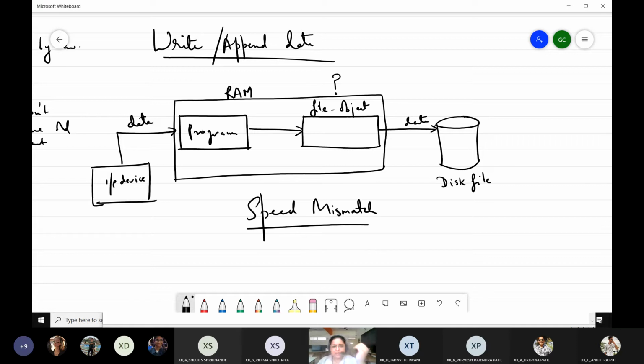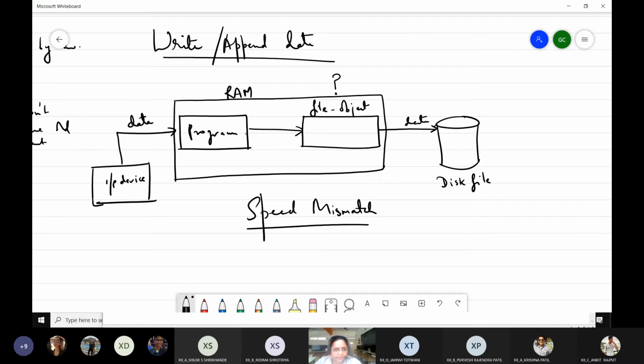If suppose the program sends any data to the disk file, the processor would be sending the data to the disk file at a very high rate. At such a high rate that because of its slow speed, disk file or hard disk will be overwhelmed by the data. It won't be able to save the complete data. That is why your processor always needs the RAM for running any program, or for working with your content from your disk file.